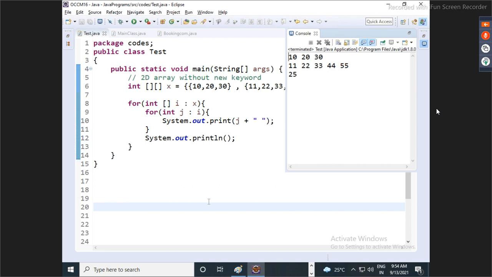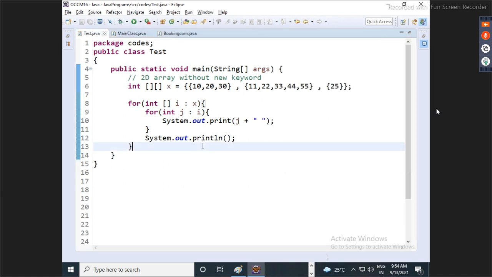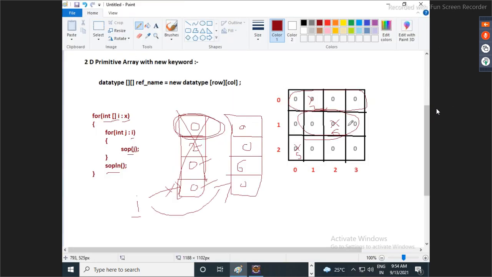Is everyone clear on this? Confirm. Okay. Now, guys, pay attention to one part. Just observe it carefully. Can I say this is a separate array? This is a separate array. This is a separate array. Same thing here.